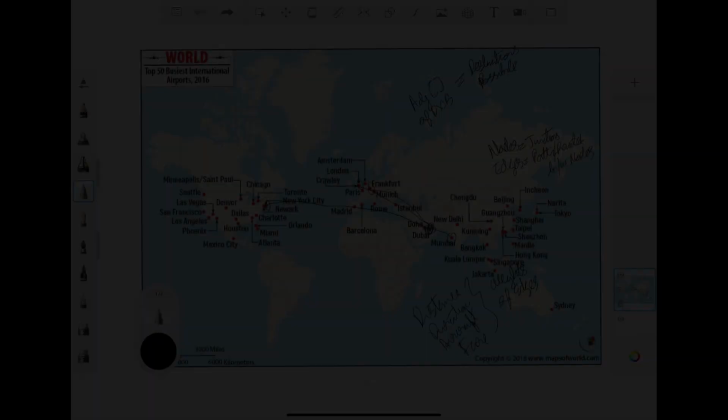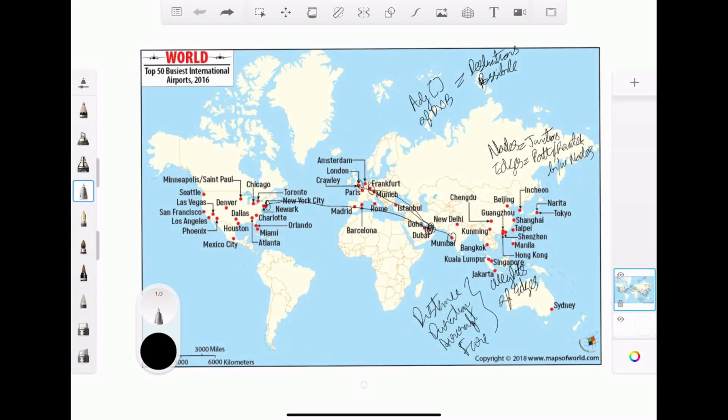The relationship between two nodes, or in this case airports, can be either both ways or just one way. In graph terminology, we refer to them as directed and undirected graphs. So in this case, it's going to be an